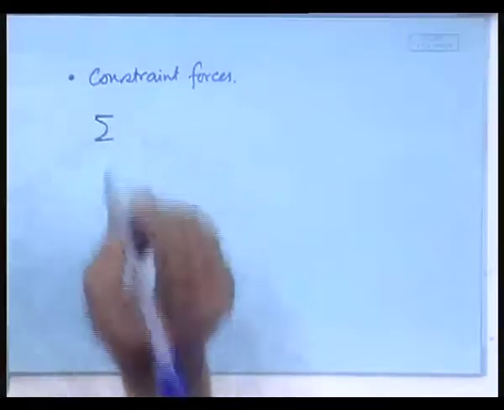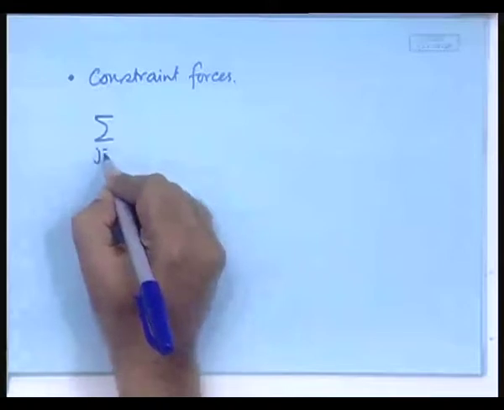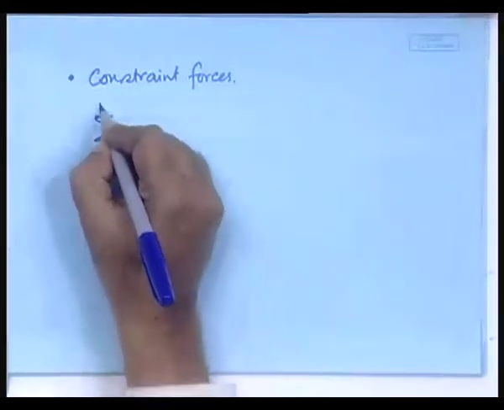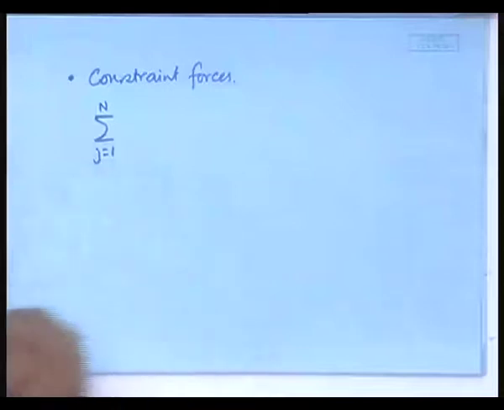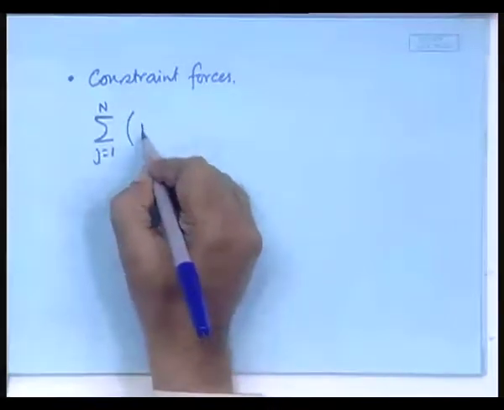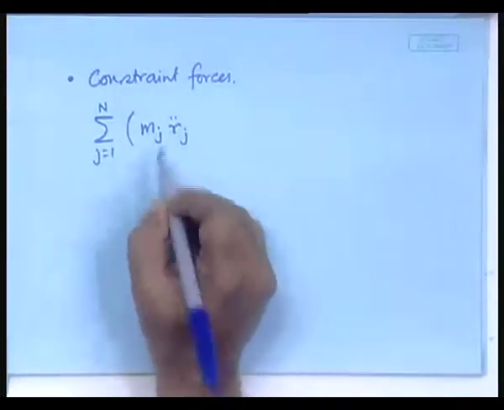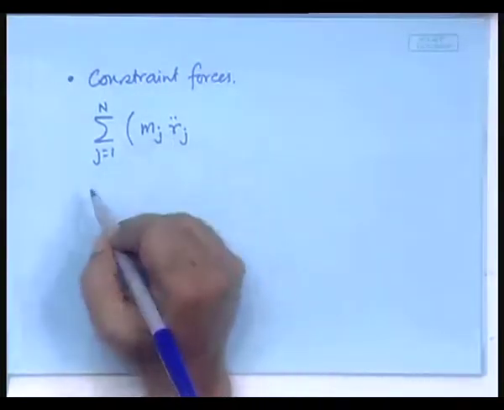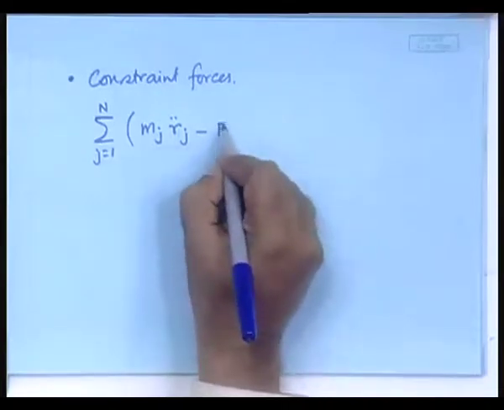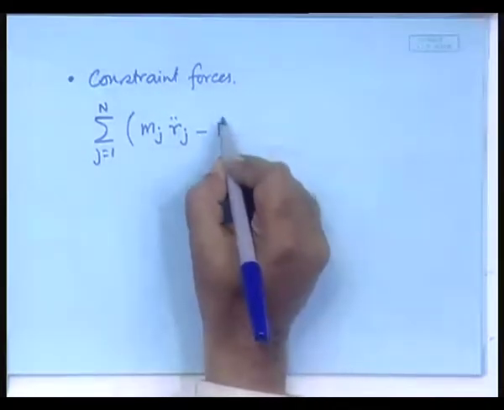You might ask, what gain do we make by considering this? It will be clear to you later, but what we did was, we said that originally the Newtonian equation was the sum over j equal to 1 to n, where j is the number of mass points, of m_j r double dot j, that is mass into acceleration term, minus f_j, this is the applied force